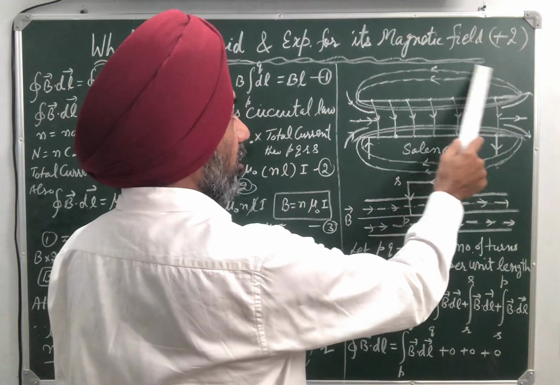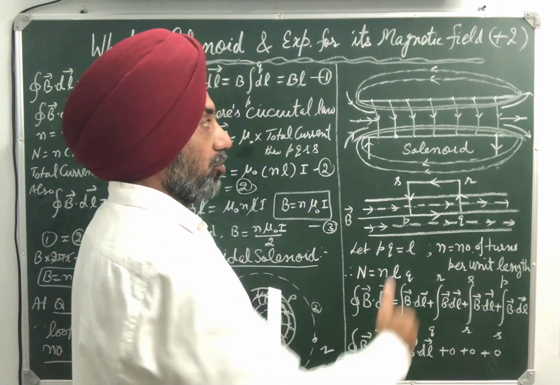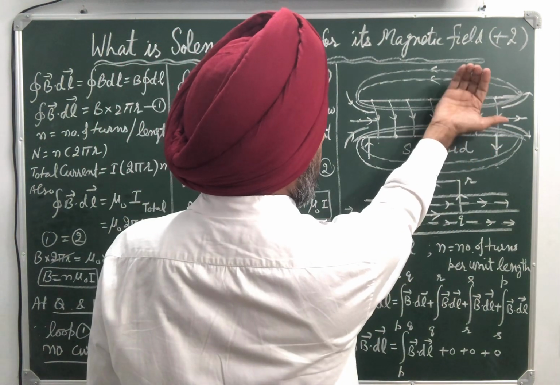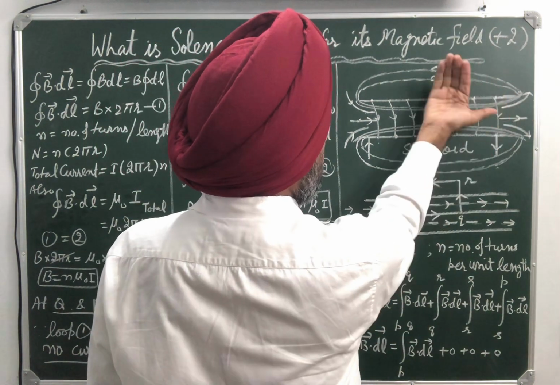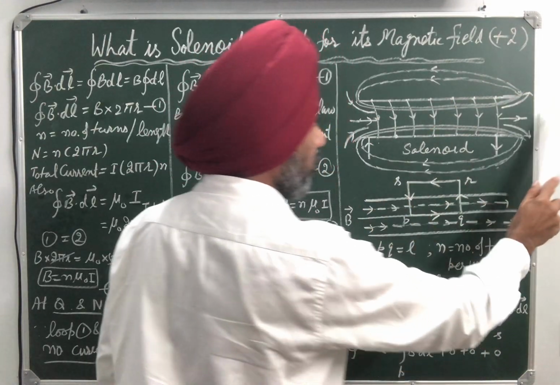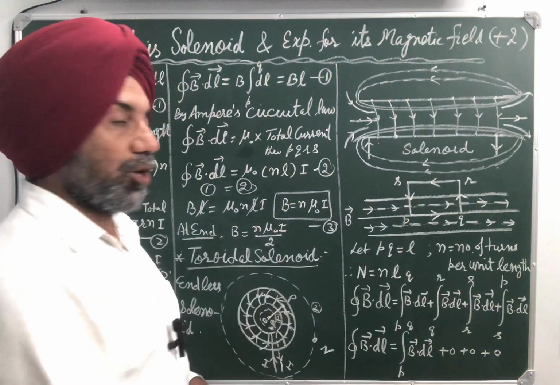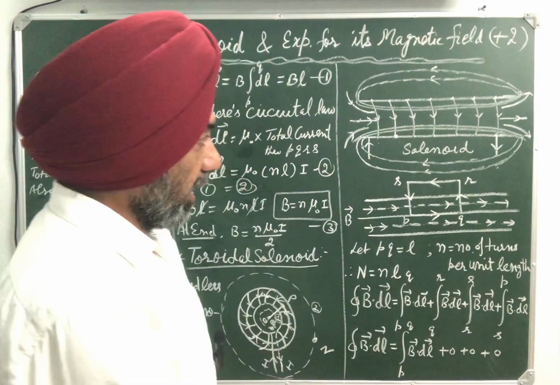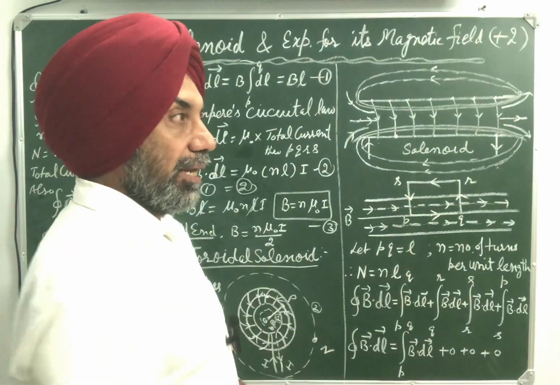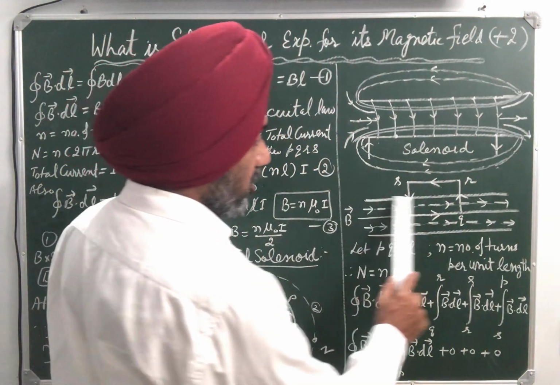Magnetic lines of force go from north to south outside, and inside south to north. So the direction of magnetic field inside is given by the right hand thumb rule. So magnetic field will be directed from left to right along its axis. The current is as shown in the figure. So to find the expression for magnetic field at a point well inside the solenoid, consider the principal section of the